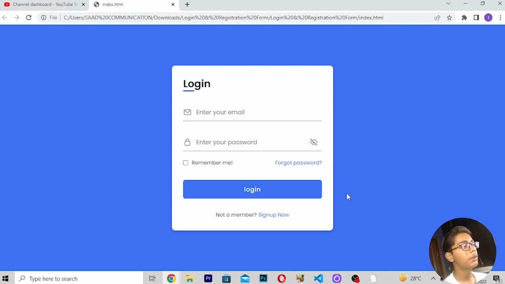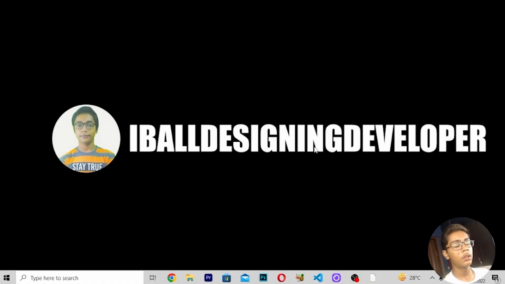So now we'll be starting with our video and seeing how to build this amazing login page using the logging-to-the-console tag through JavaScript. Just like I've told you, we'll be building an amazing project using JavaScript, and our project is about logging to the console using JavaScript. So now we'll start with our project.